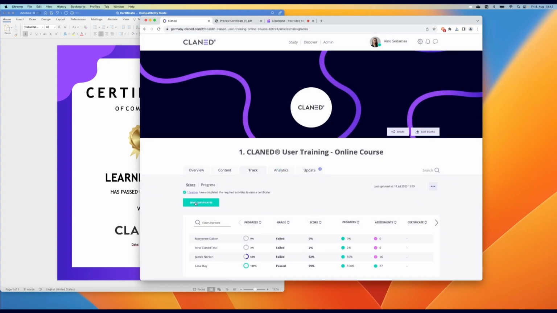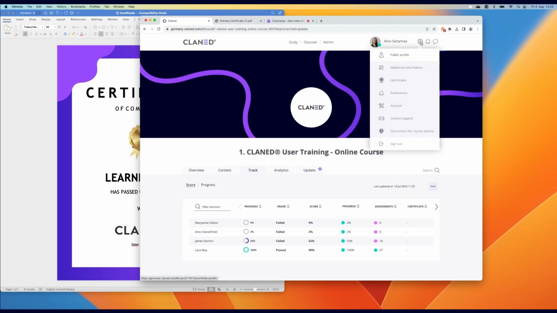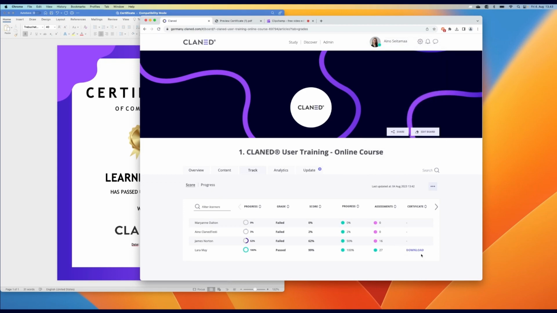So here I can see one learner has completed the required activities to earn a certificate. If I'm happy with the way my board is now set up, this is sort of like the final decision for me to change anything if I have to. But if I'm happy, I can just click here on send certificates. And certificates are sent to learners now. My student will be able to find their certificates from the certificates here. And also they will get a copy into their email. If I, for some reason, want to download the certificate and maybe print it out or something, I'm able to do that